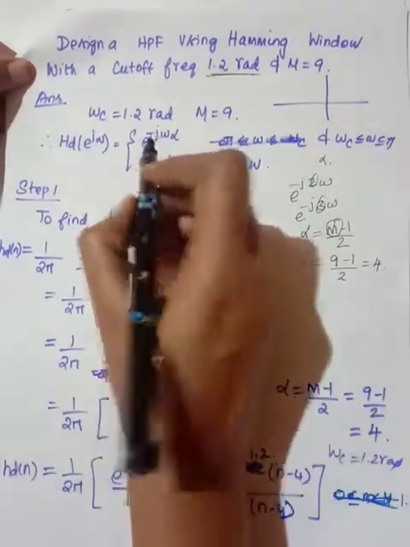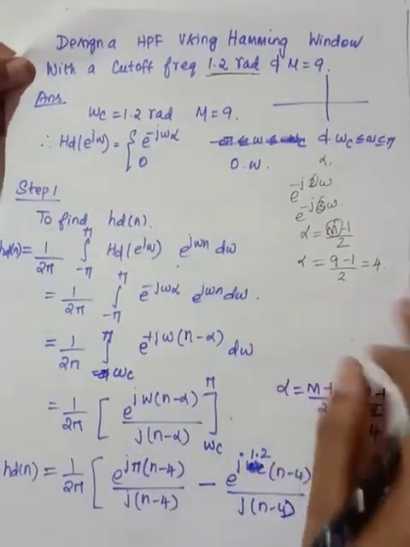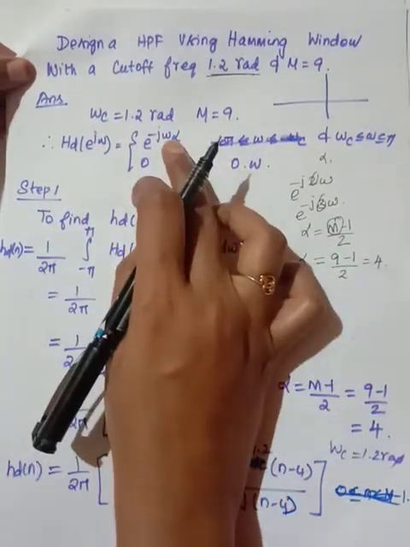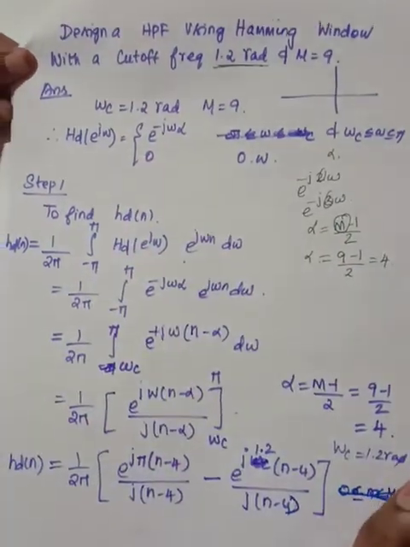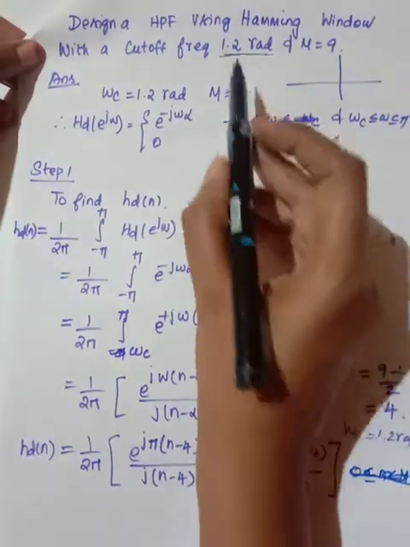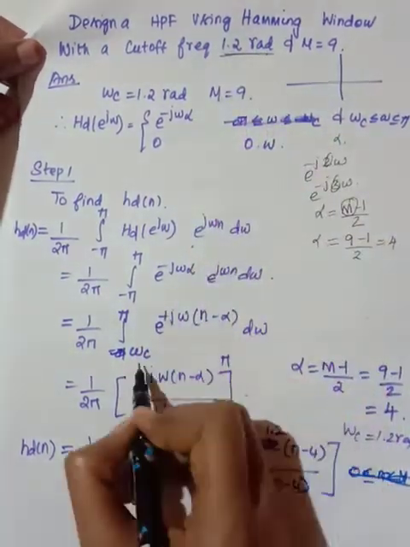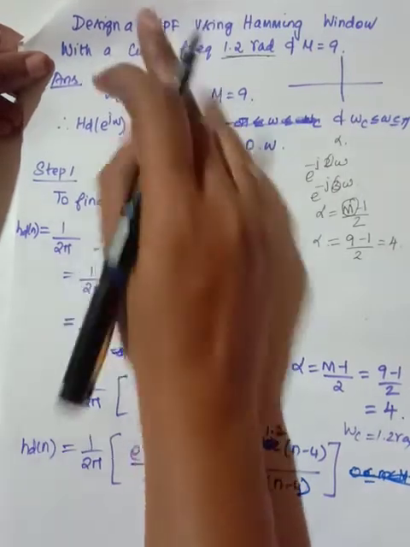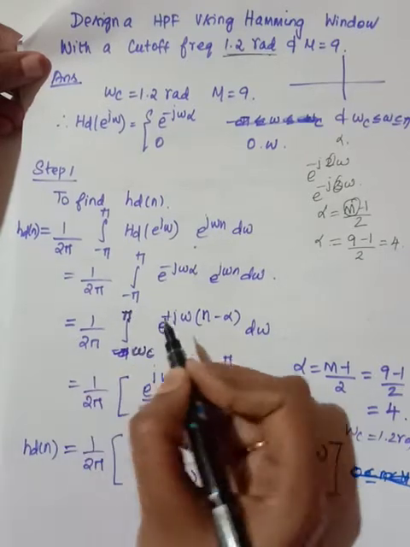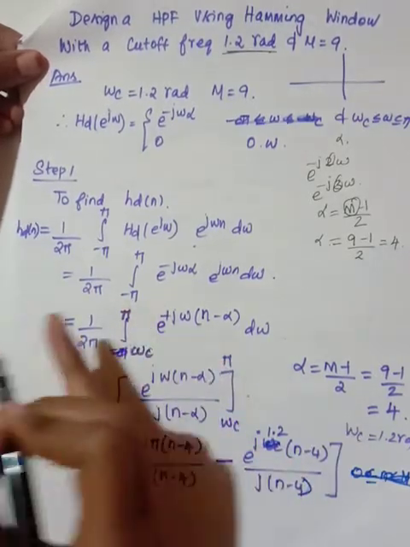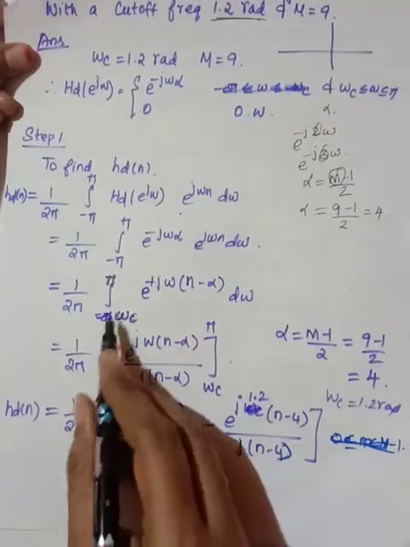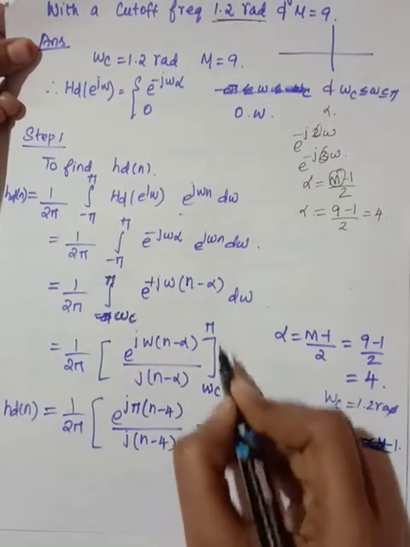So here I am going to find the alpha value now. This is the general expression, so here instead of alpha I will substitute 4. Okay, the next thing I want to explain is, here they have given only the cutoff frequency, right? Now we know it is a high pass filter, so I can select omega c to pi. Okay, so there is no need to bother about the negatives. I will explain now, and after that only you will understand. So please be patient. Okay, so here I have substituted omega c to pi.